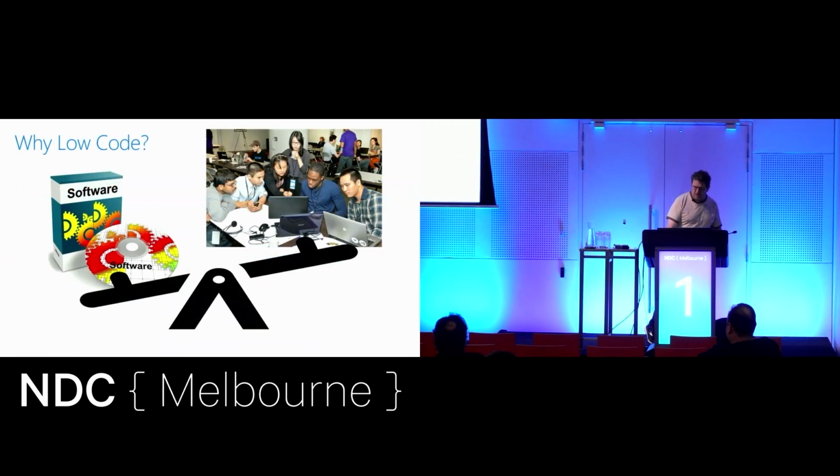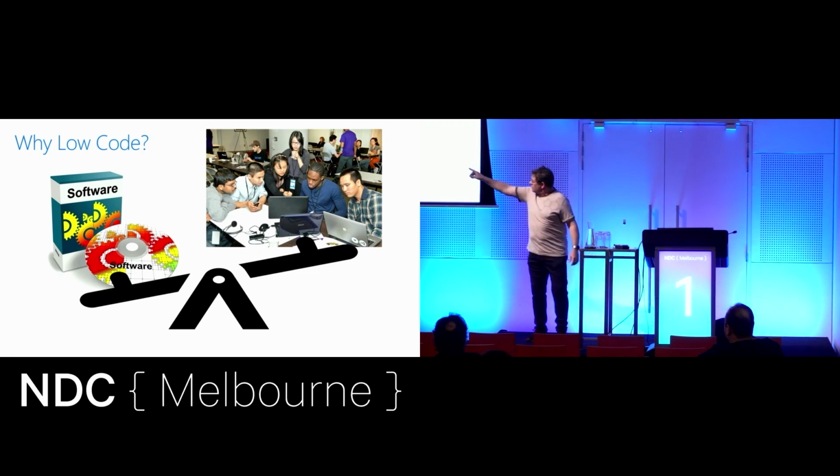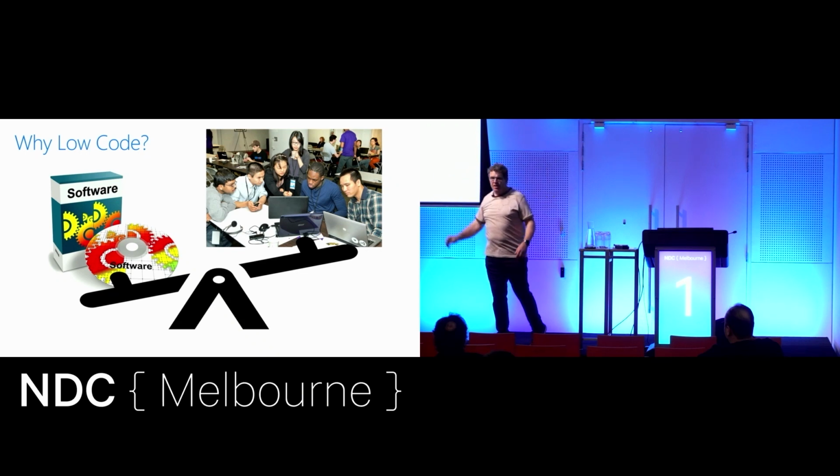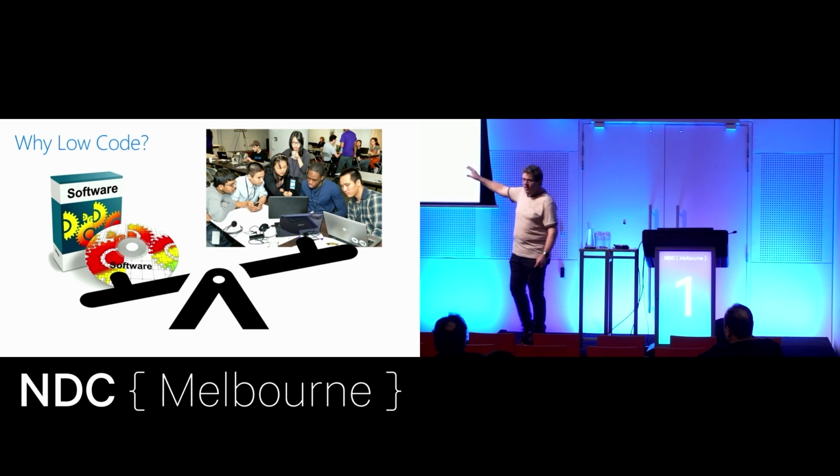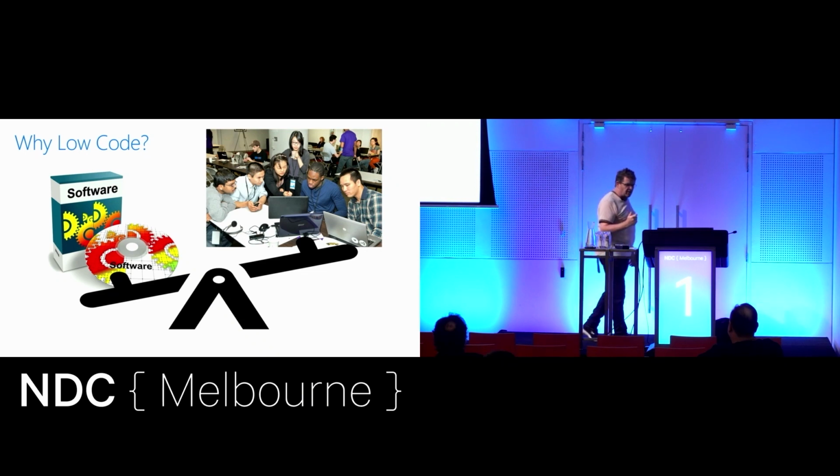And the reason we do low code is really that there's kind of two ends to our software spectrum. We can buy stuff off the shelf and not write any code at all. And at the other end, we can all sit around and bang out some really neat, high performance code. Somewhere in the middle, though, there's not enough people to do this, and these things on the right, the out-of-the-box software, the software as a service, or the package solutions, don't necessarily do everything you want to do. So somewhere in the middle, there's an opportunity that we miss out on because we don't have enough of the professional developers to do all custom app development, and that's what low-code can help us with.